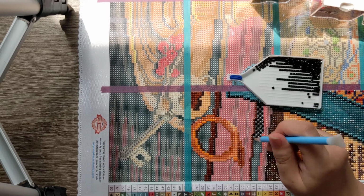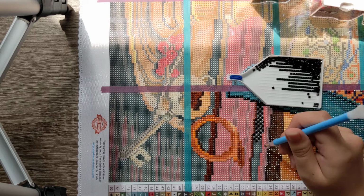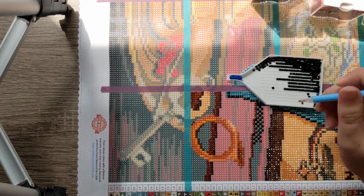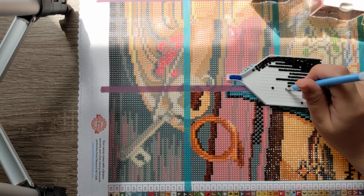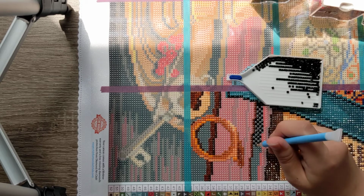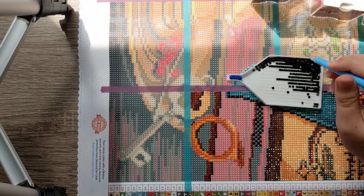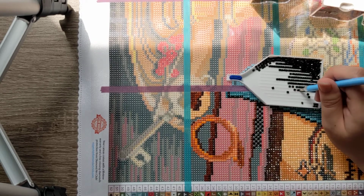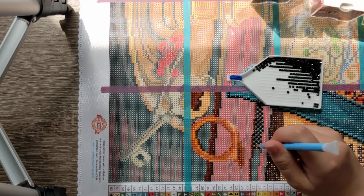So yeah. And then I was thinking about it a little bit, because I practice these things in my head while I'm actually doing my diamond painting. I don't know if you other creators do that as well, but that's definitely something I do. I was thinking about it, and so I got that cat at my dad's house, and then I don't know how many years were in between this one, but